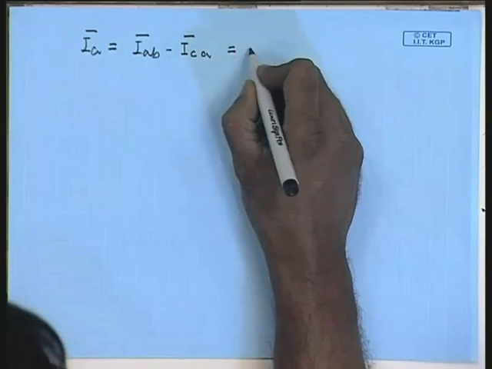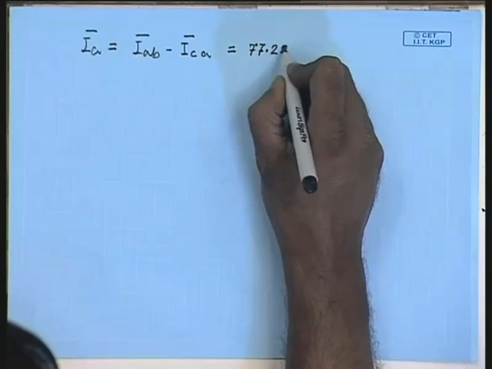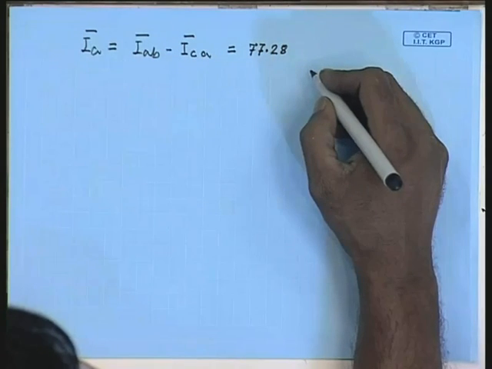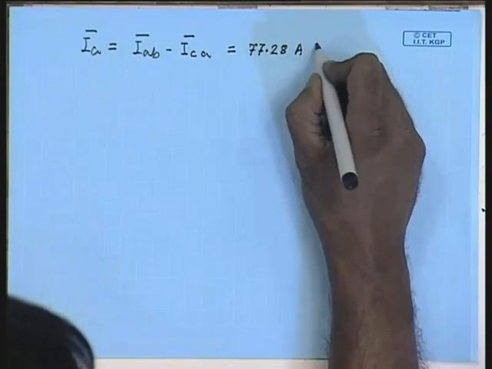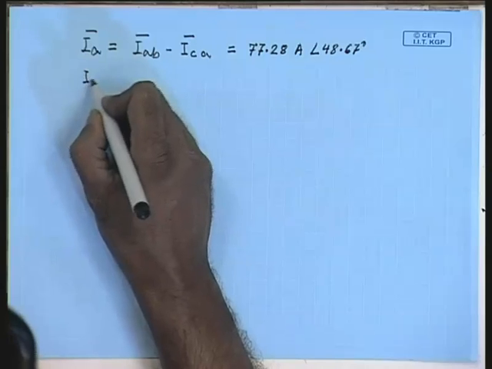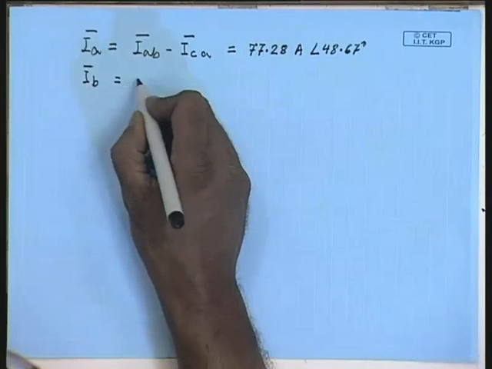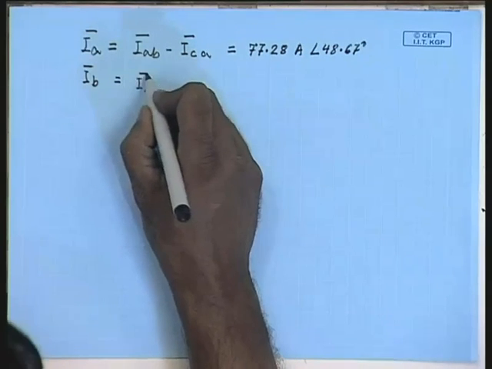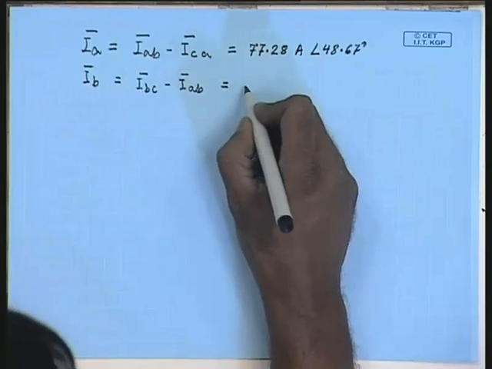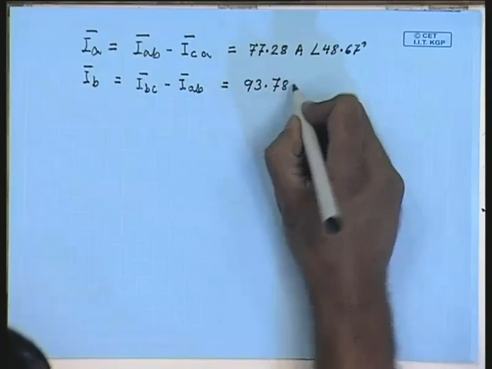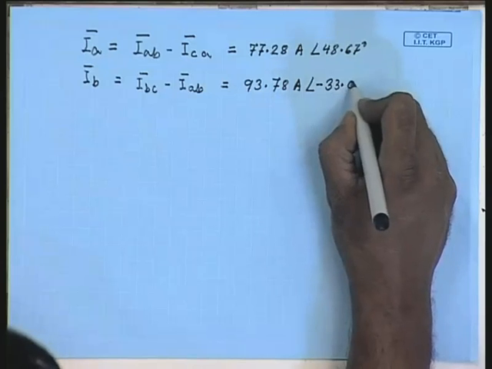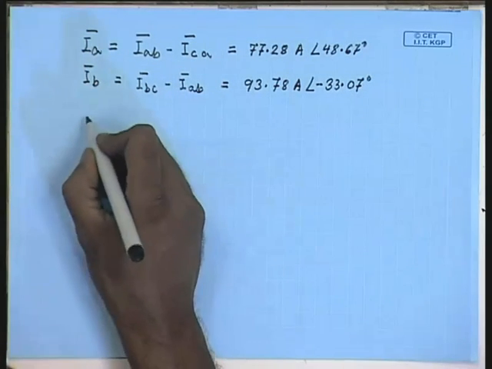This comes to be 77.28 amperes, angle 0.67 degrees. IB equal to IBC minus IAB equal to 93.78 ampere, angle minus 33.07 degrees, and IC, line current IC,